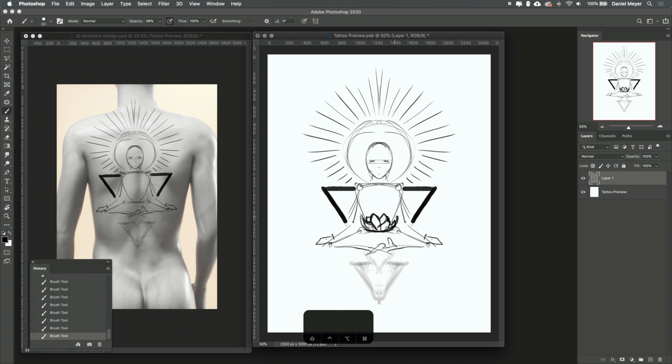I will probably even increase the size when we do the actual design, but this is enough for now. And then maybe we have the stem kind of in vertical position going down, and maybe we can even use this stem to transform into this kind of circuit board, which looks almost like roots but in a digital form. And I think this will bring a nice touch of futuristic and technology into the design, just to break the contrast to those very classic and ancient symbols like the lotus and the meditator.